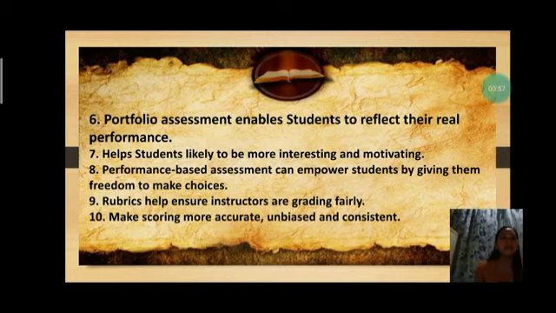Eighth, performance-based assessment can empower students by giving them freedom to make choices. Ninth, rubrics help ensure instructors are grading fairly. Lastly, they make scoring more accurate, unbiased, and consistent. Next,